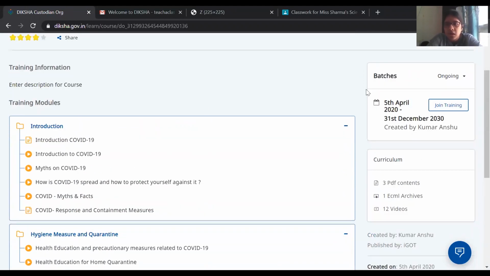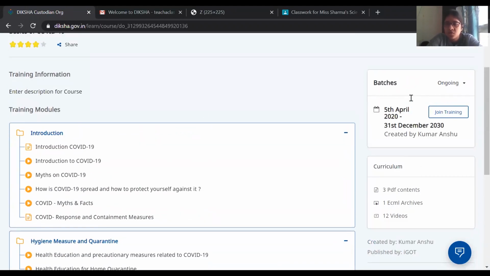Next thing that you should look at is the batches over here, which is if they have ongoing batches or do they have upcoming batches. So ongoing batches are, which is you don't have to wait for them to start anything. These are just ongoing batches. For example, it started on 5th April and they are still going. So if you click on join training, you will be ready to get started.